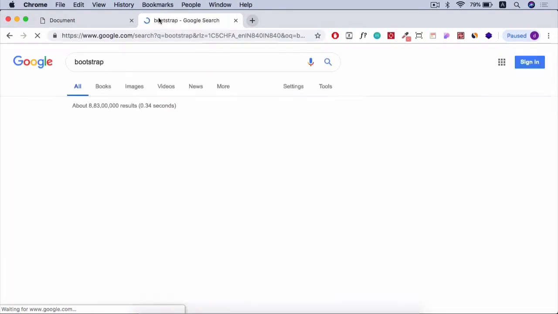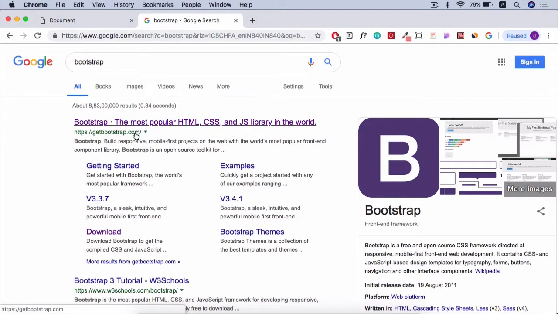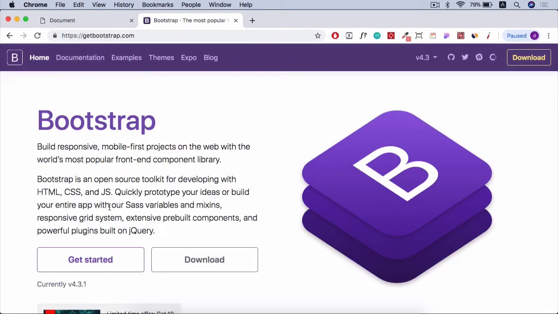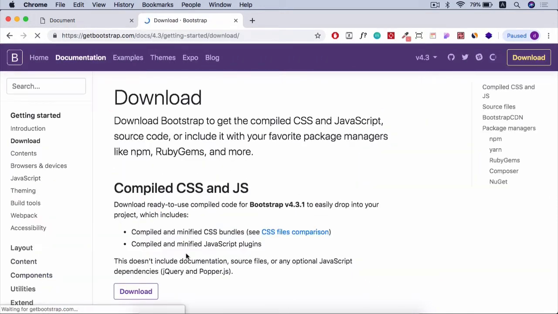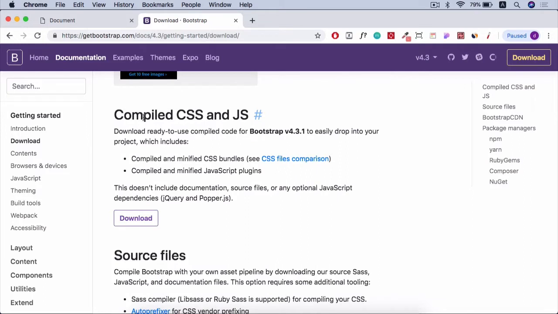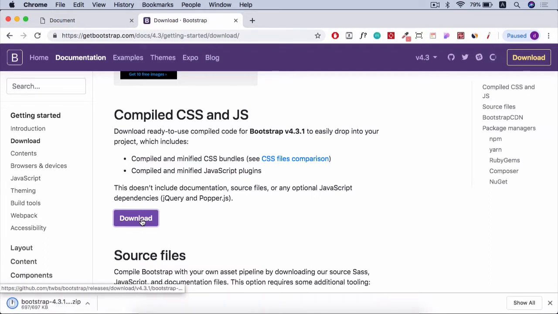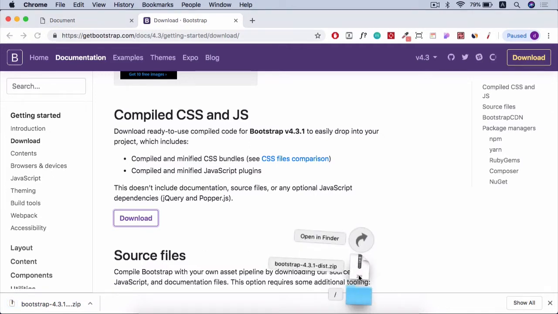So open up Chrome and search for Bootstrap. And click on this first link here, getbootstrap.com, and click on download, and then compile CSS and JS file, click on this download link. So this will get downloaded. Once it has finished downloading, just extract this